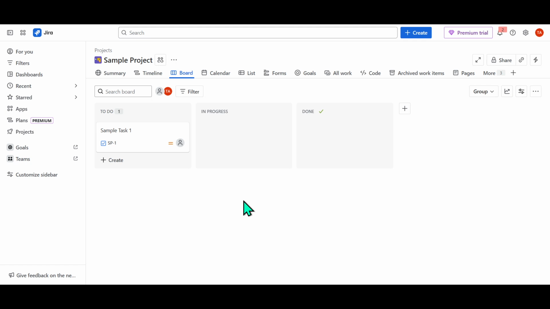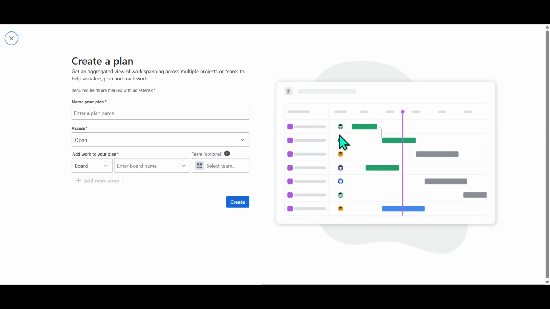To begin setting up your own plan, start by hovering over the Plans option in the left sidebar of your Jira interface. You'll notice that a plus icon appears. Go ahead and click on this icon to initiate the creation of a new plan. You'll be prompted to enter a name for your plan. Choose a name that reflects the scope or purpose of the plan, as this will help you and your team